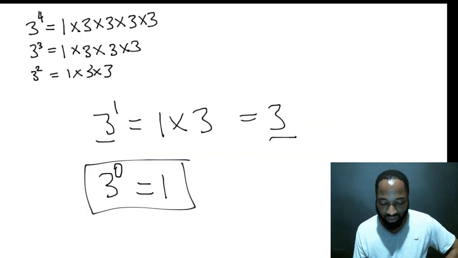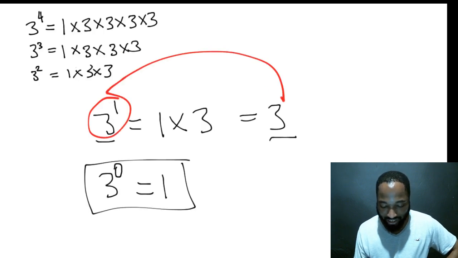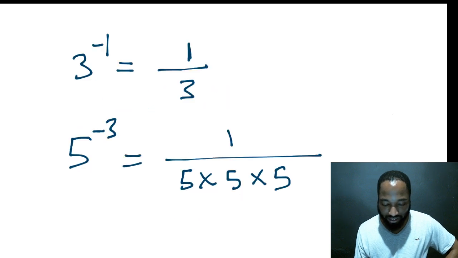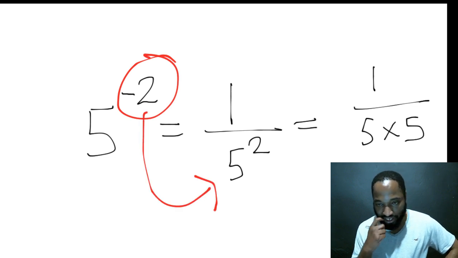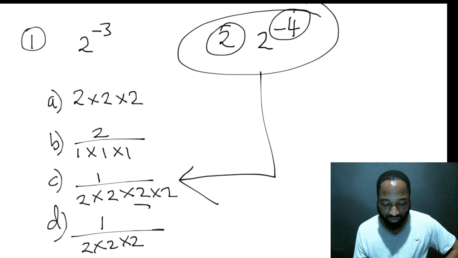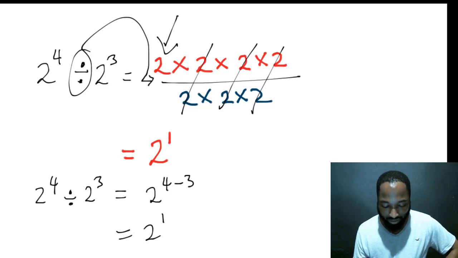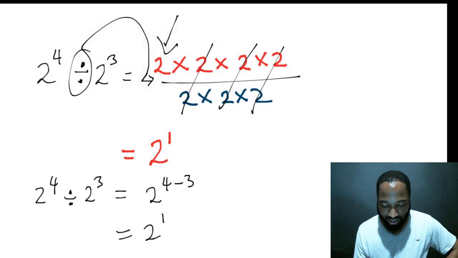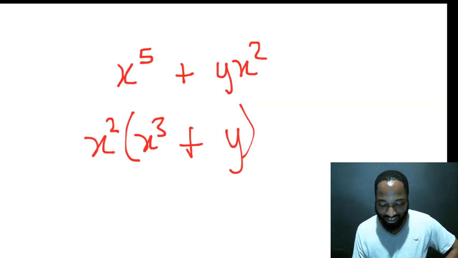Right, so we went through the first law where anything to the power of 0 is 1, then anything to the power of 1 is itself. Then we did some exercises on those laws. Went through the law that says if you have a negative number, it means bring this stuff underneath. Then we started with the addition and subtraction laws. If you're dividing, it means you're subtracting. If you're multiplying, it means you are adding. And then we forgot our two laws and went straight into revision techniques.